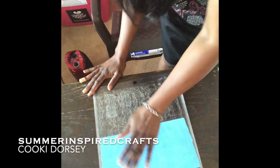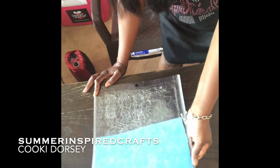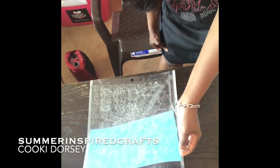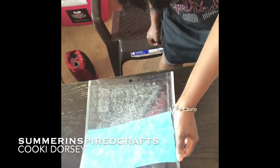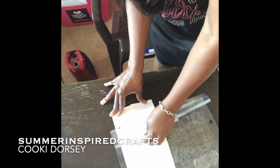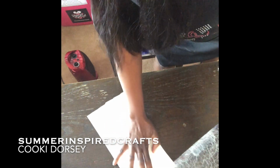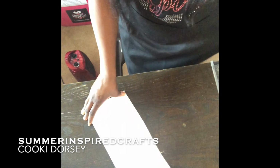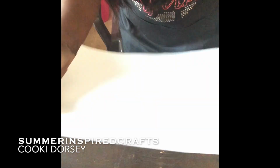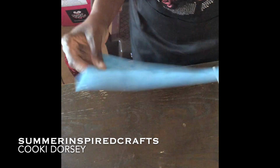Hey everybody, so the Cameo 3 has finished cutting out the template. And so now we're going to take this off of the mat. I'm going to put it into the serving tray and we'll go from there. Okay, so I'm just removing the template, the Magic Flock, from the mat. And I'm not sure if you guys can see all of those little holes, but I'll show you in a minute. But you can see where it says Cooki, right? Okay, so